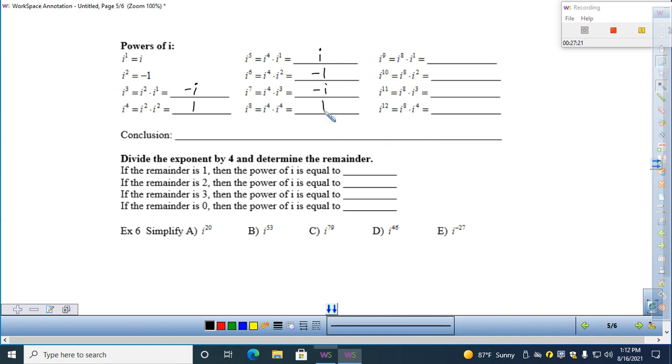Could I then go ahead and do the same thing next time around? i to the eighth is 1. So couldn't I do that right here? 1 times i. Hey, wait a minute. Are we starting to see the pattern just continues? And couldn't I do this on and on and on? Absolutely. So the moral of the story here, I suppose, is powers of i